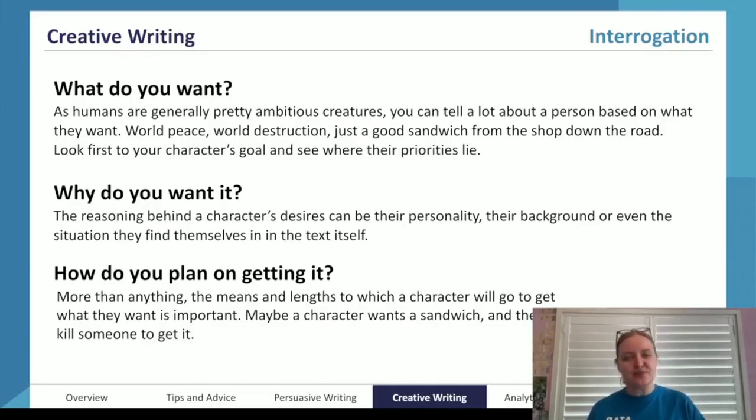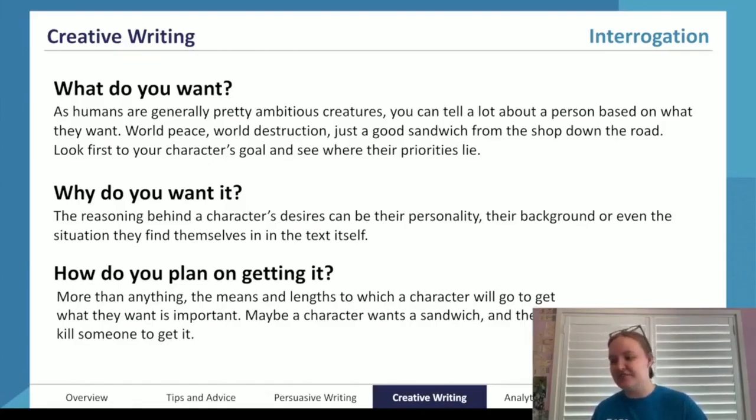And I think a lot of people don't realize the effect that good characterization has on a story, on tension, on emotion, on build-up, on all of these things. So I encourage you to continue thinking about characters even when you're not doing work in English, even when you're just playing around or reading or writing or watching movies for fun, to be considering those characters and considering the impact that they have.